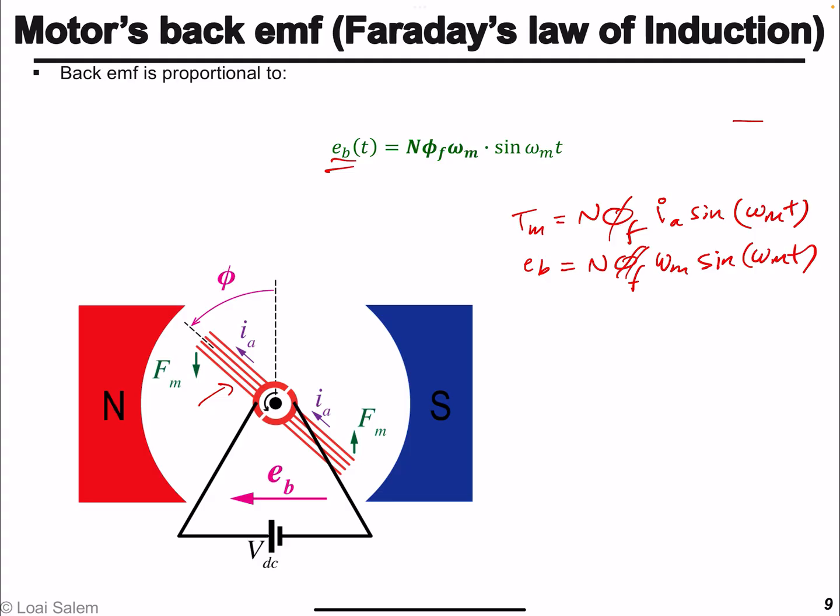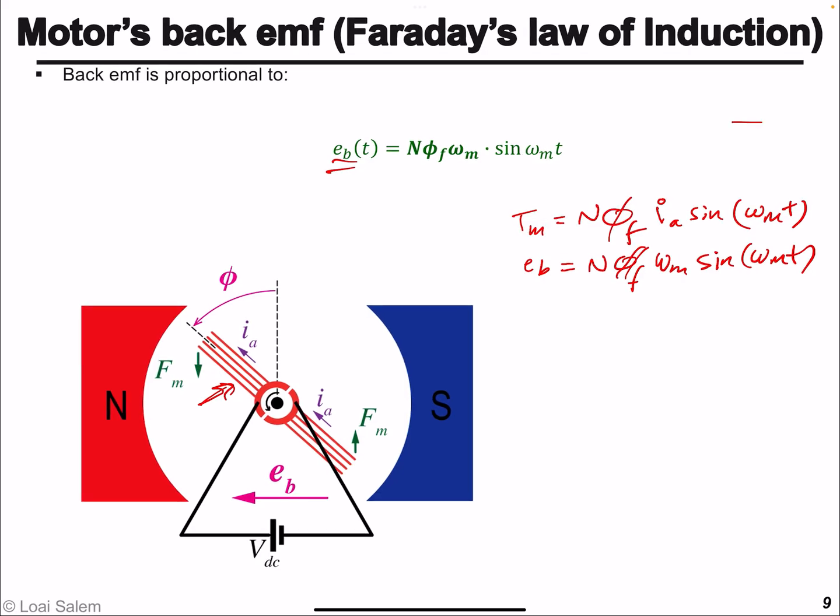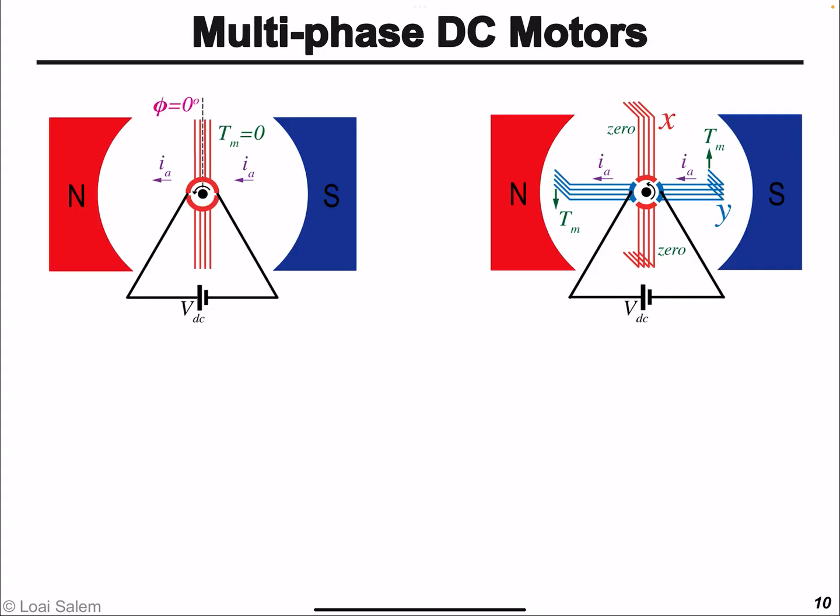So in reality, we are not going to use one armature. We use multiple armatures, or what we call multiple phases. So instead of using one armature, we're going to use multiple armatures. In this figure, we have two armatures, but in reality, we're going to have many armatures. And eventually what we will see is, instead of having the torque as a function of time,